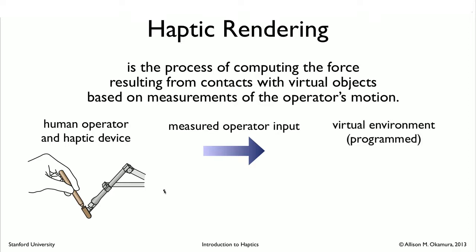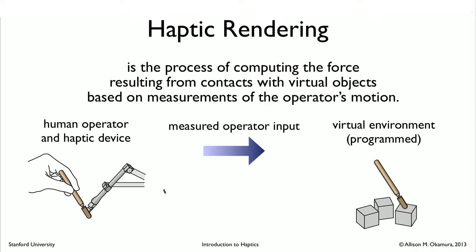This programmed virtual environment, which is again something that you will program, will have a representation of this tool that the user is holding on to. The programmed virtual environment will make it feel like you're actually pushing on some other objects. So let's say there are some blocks in the virtual environment. You would be programming, or haptic rendering, an environment that would feel like you're using the stylus to push on